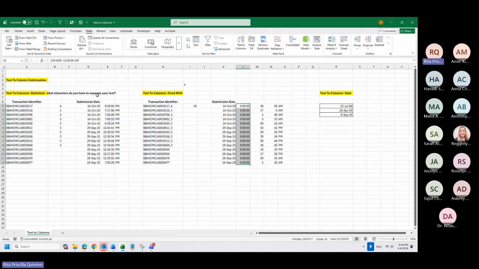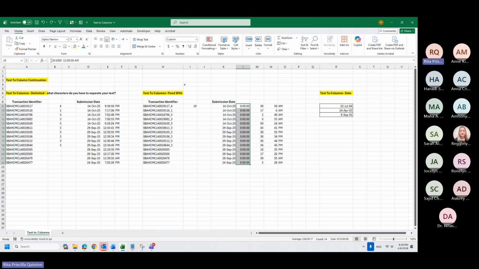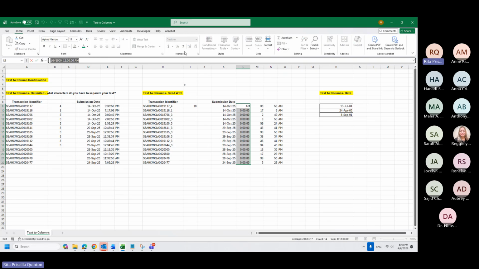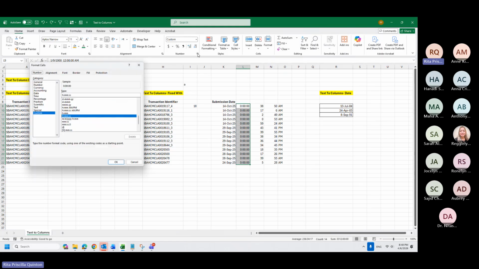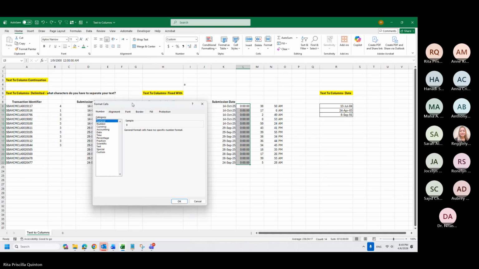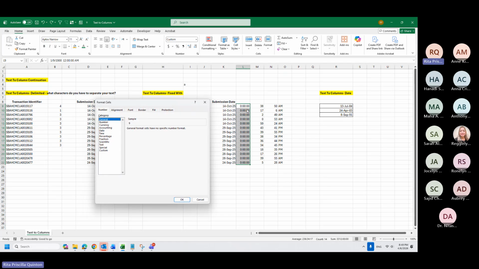Okay. Here, it's appearing like this because the number formatting is h:mm:ss. It means I need to change it to general, because this one is giving you the days.